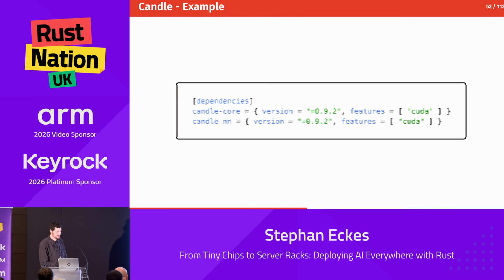And you add it like this. So you have candle-core and candle-nn. And it looks exactly the same, right? You just do feature CUDA or feature web if you want to run it in the web. And here you have core and NN, because in core you find all the tensor operations and basic tensor stuff. And in NN you will find the layers, like in PyTorch, so Conv2d, this stuff.